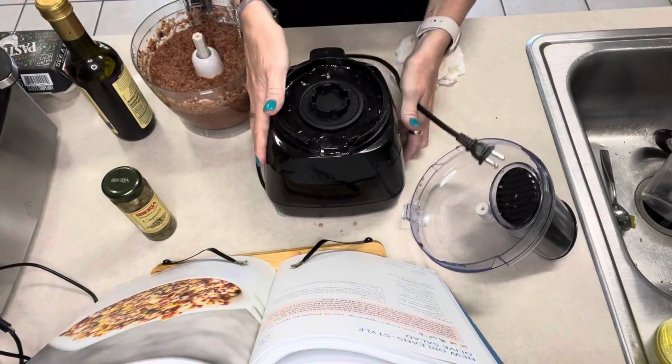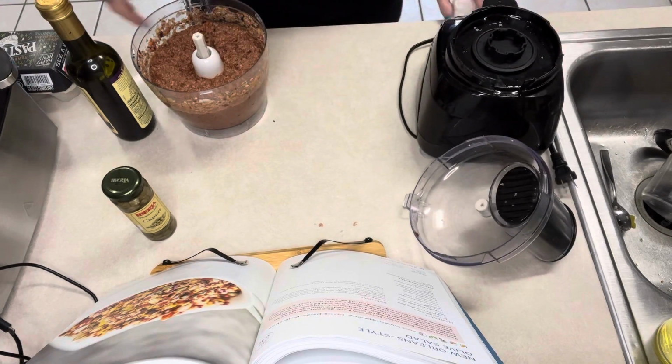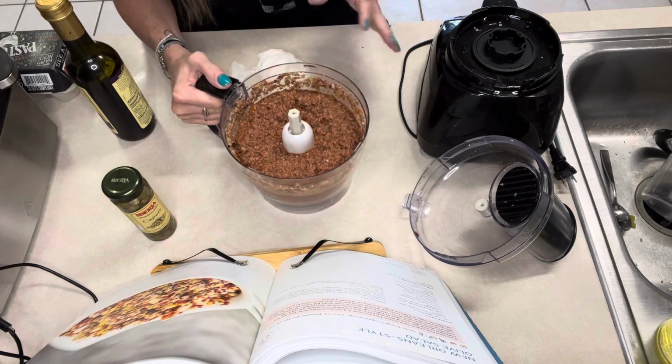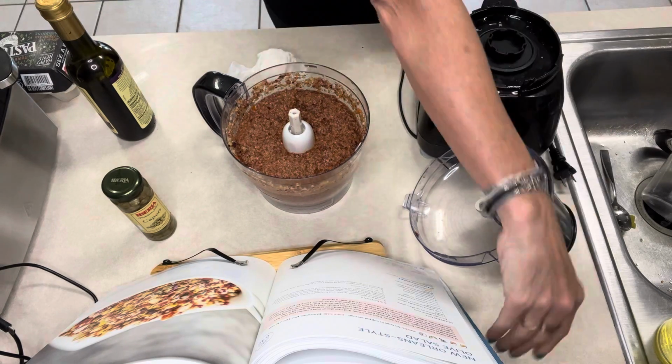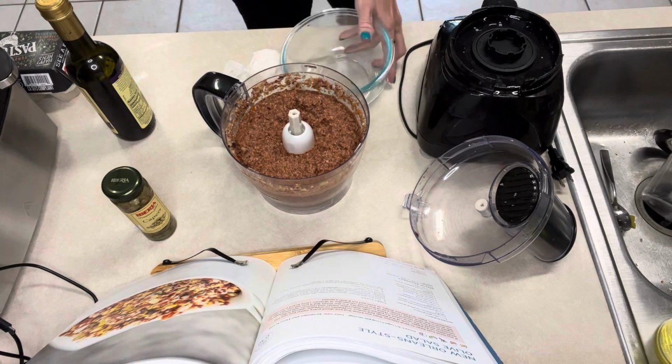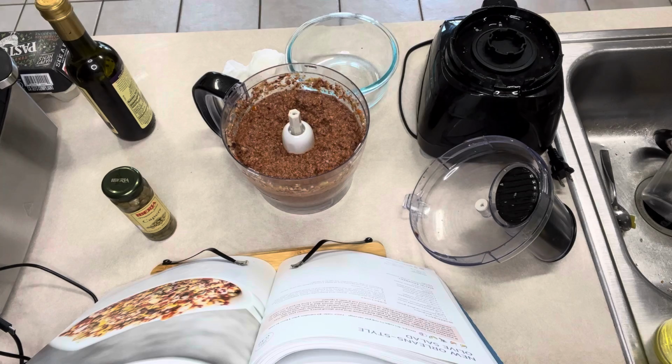Okay, as you can see, I have blended it up. Honestly, it's probably a little too blended up, but at the same time, it's okay because it's more of a dip kind of thing that we're looking at here. Let me get a container to put it in, but I'm excited about it, honestly. So once you get that done,